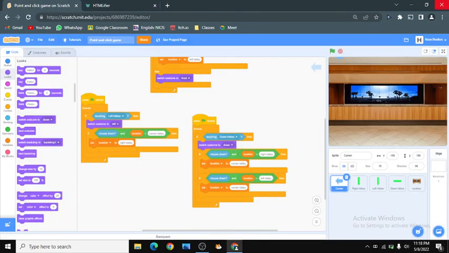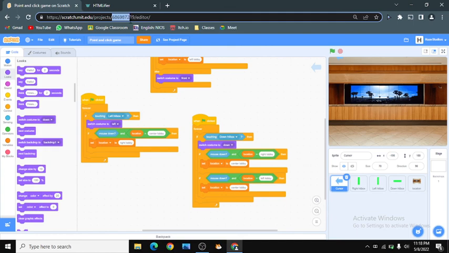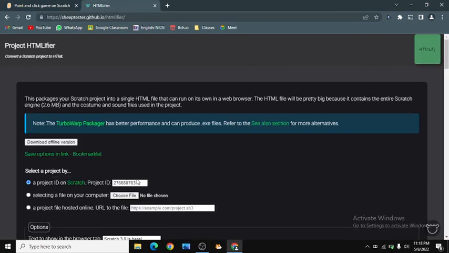Or else if you're in browser Scratch, then you can just go to https this, and you can see this code, right? You just Control C that and copy this here. And now as you can see, project ID is this.